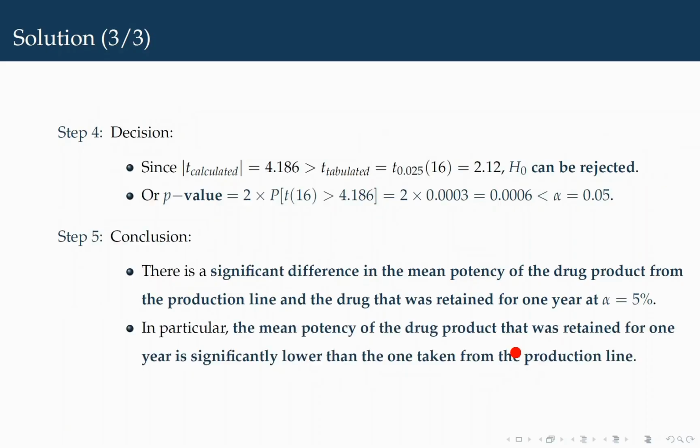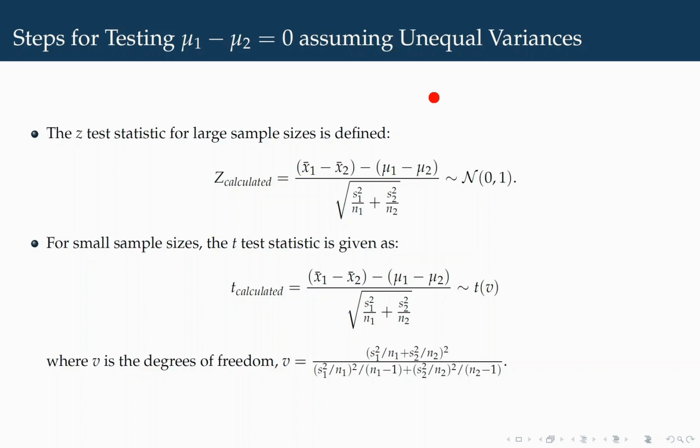So here we can say that the mean potency of the drug product that was retained for a period of 1 year is significantly lower than the one that is taken from the production line. Therefore, that means retaining for a period of 1 year makes the drug product lose its potency. Now let's see the hypothesis testing